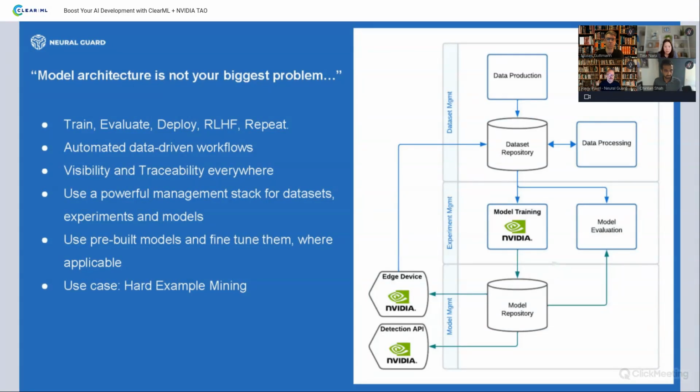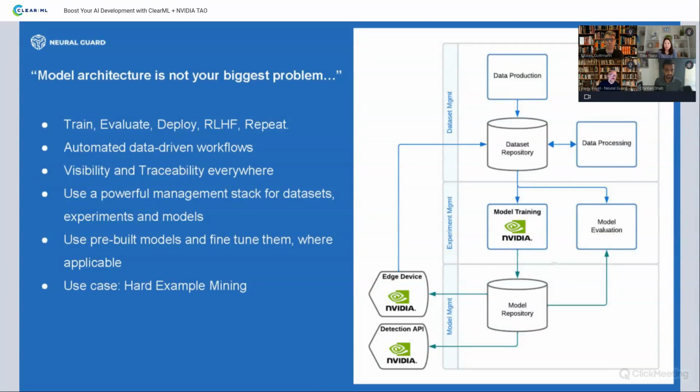The workflow, the data-driven workflow of creating a product from data. You start with your data, and you end with a model deployed on the edge device. There are many issues that you have to address if you want to do it efficiently, with fast time to market, and have traceability and know what you're doing and be able to reproduce things. This is not an experiment in academia. This is the product.